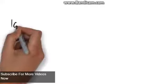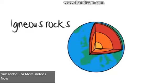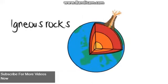Igneous rocks are the oldest of all rocks. Magma, or molten rock, exists deep under the Earth's surface and can be seen when volcanoes erupt. After the eruption, the magma cools and the rock it becomes is called igneous, specifically extrusive igneous. Sometimes magma can cool while still inside the Earth. When this happens, the igneous rock is known as intrusive, but we don't usually find it until it's exposed through